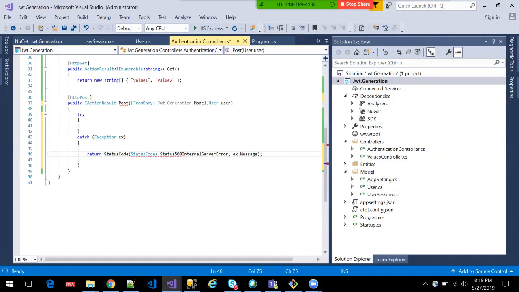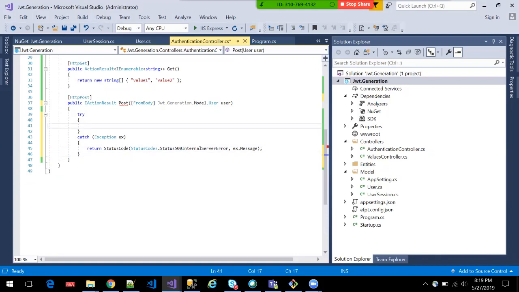Find it, status finder, internal server error, which is nothing but our HTTP status codes and the message, right? Sorry about a couple of mistakes over here. So what I've done is I've just kept the try catch block, and on error I'm saying that it's 500 internal server error, right? And message,